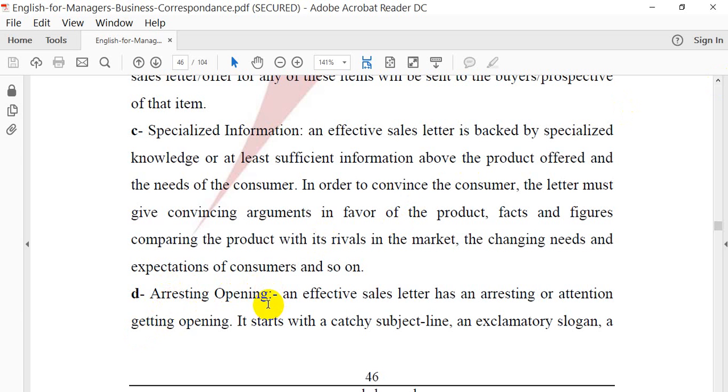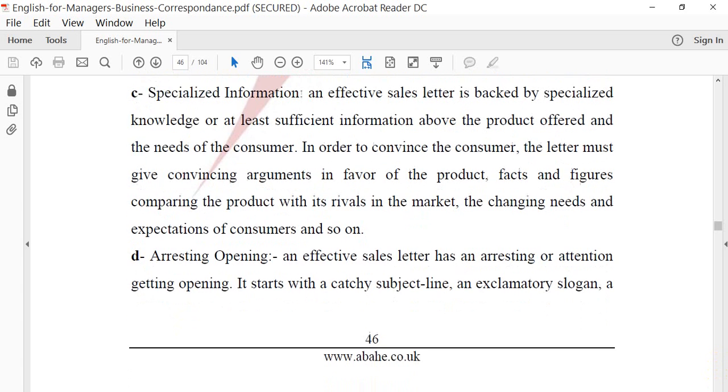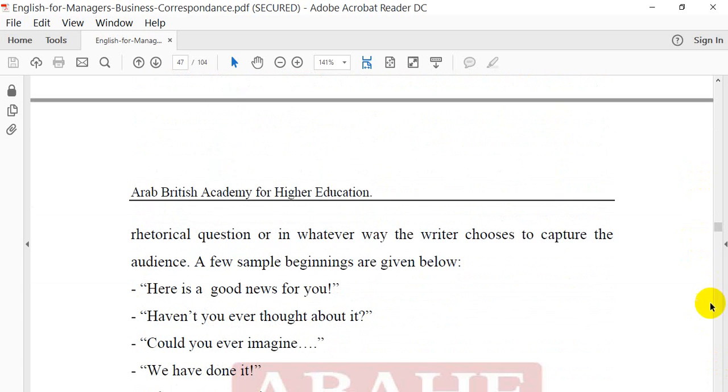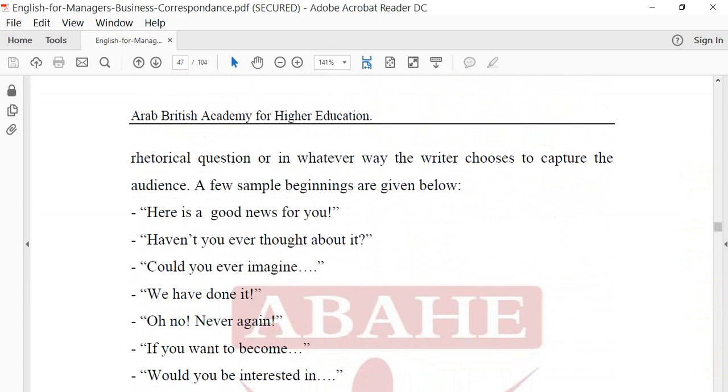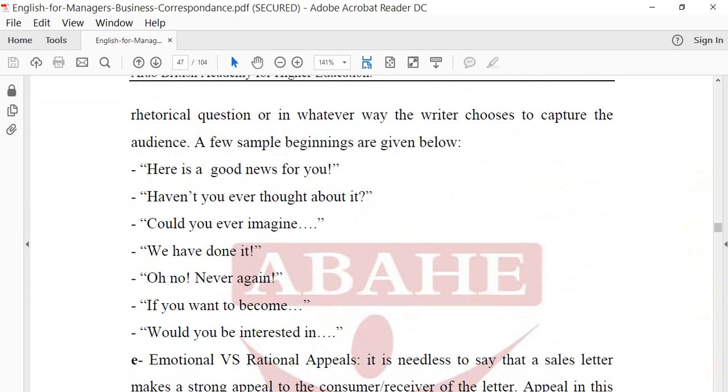Arresting opening. What do you mean here, arresting opening? For example, how to attract this reader. So you have to write some words or some sentences or some phrases to attract the reader. For example, here is good news for you. Haven't you ever thought about it? Could you ever imagine? So at the beginning of your writing or at the beginning of your paragraphs, you have to write something to attract the reader, or let him feel curious,